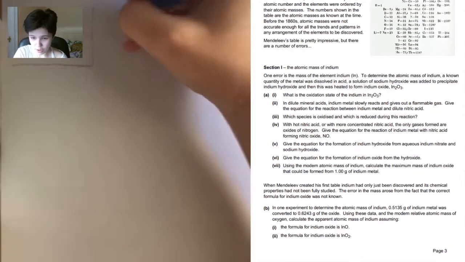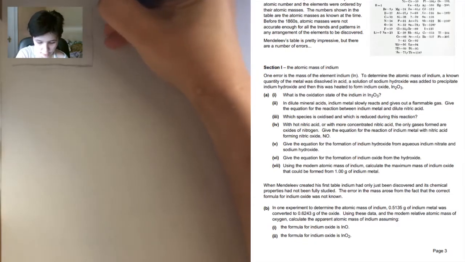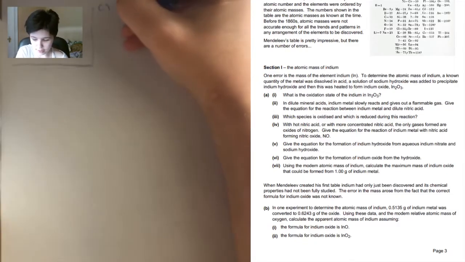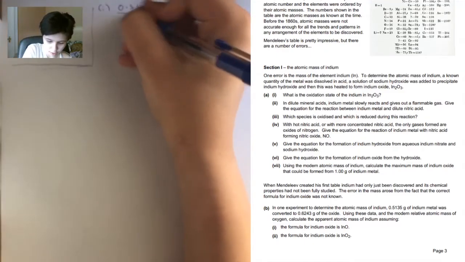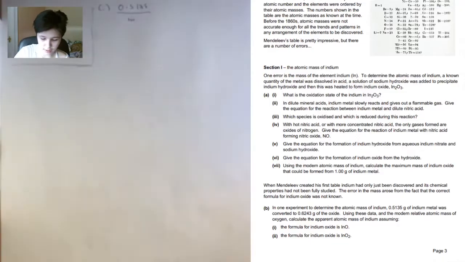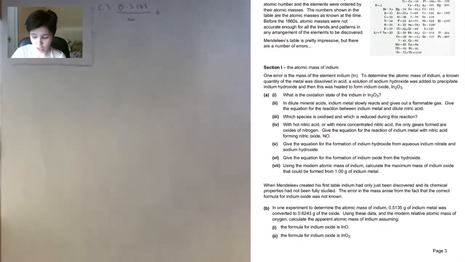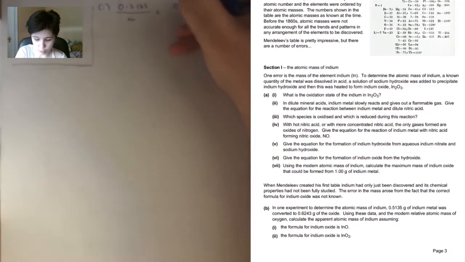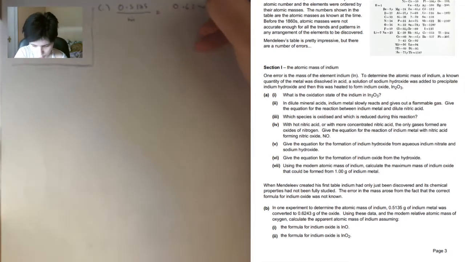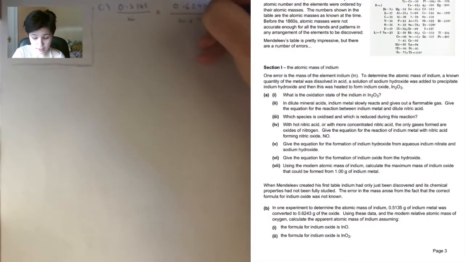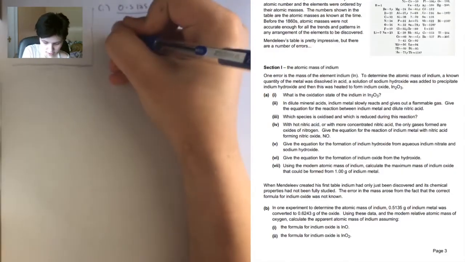So what I'm going to start with for part I from B is the number of moles of indium, so the mass, 0.5135 over the molar mass of indium, is equal to the number of moles of indium oxide, so that's the mass of indium oxide, 0.6243, divided by the mass plus 16, which is the molar mass of oxygen. That's going to give me